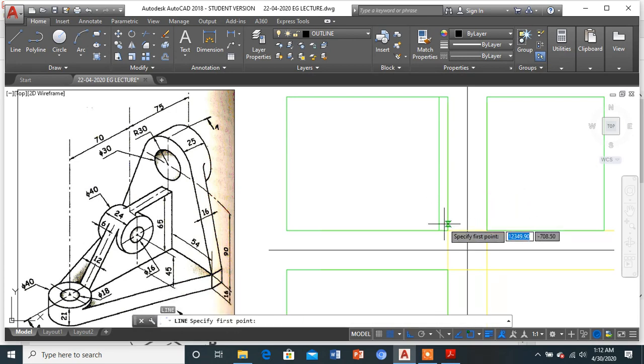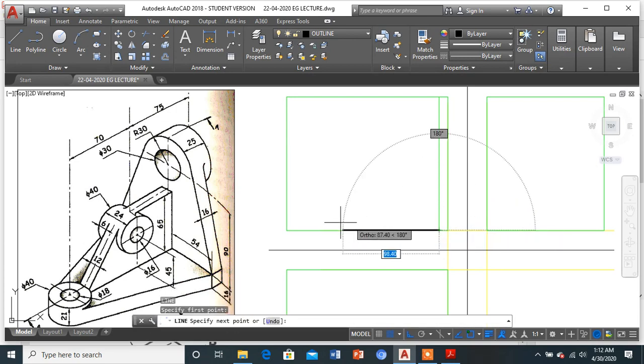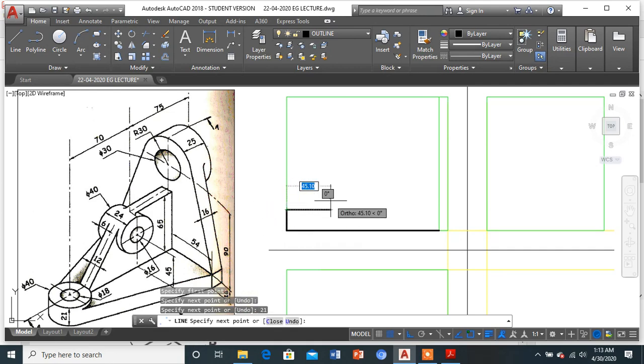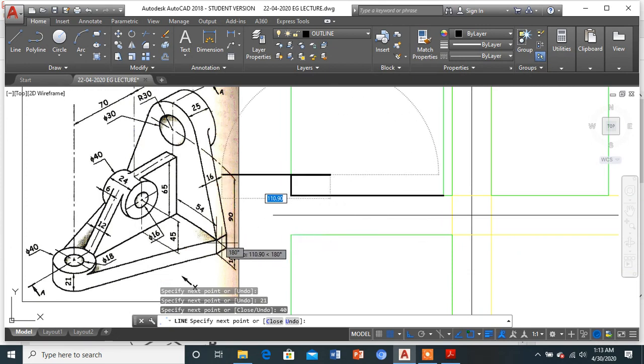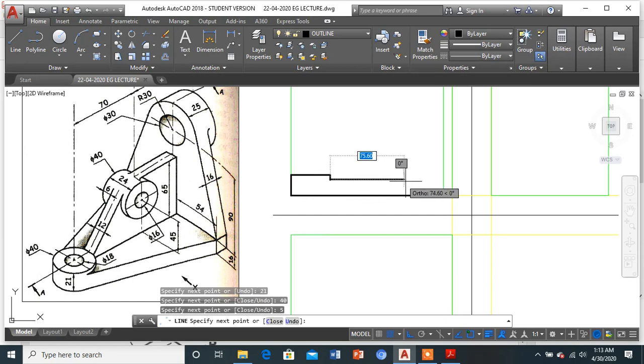Now I'll start from the bottom. From here it comes till here, up it goes by 21, coming inside again by 40, correct? So it will be coming inside, so it will be 40 distance over here. It will be coming down again by, since the distance 16 is already given over here, 21 minus 16 will be 5, so coming down by 5 and it will end up till here.